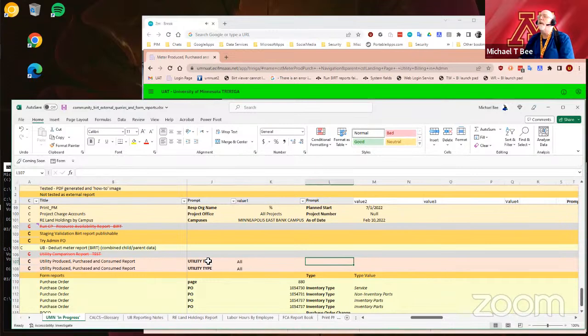And then current period, current usage period,